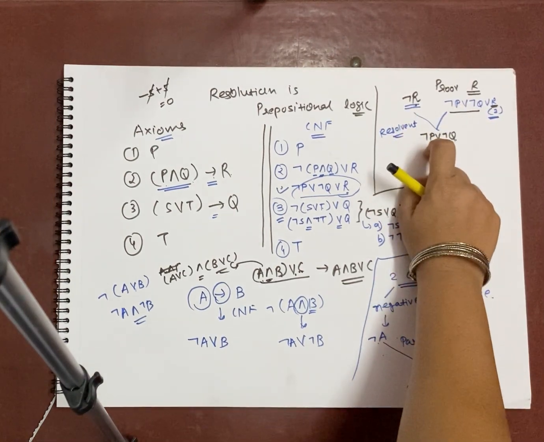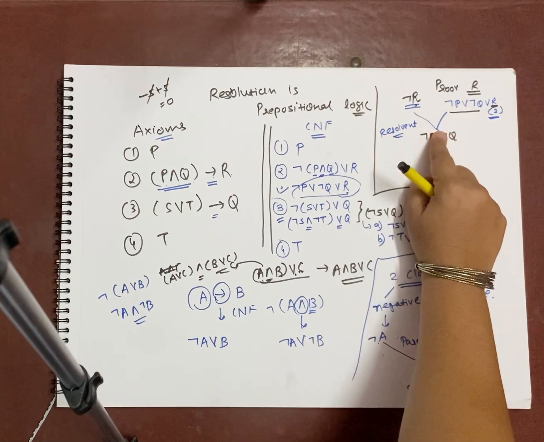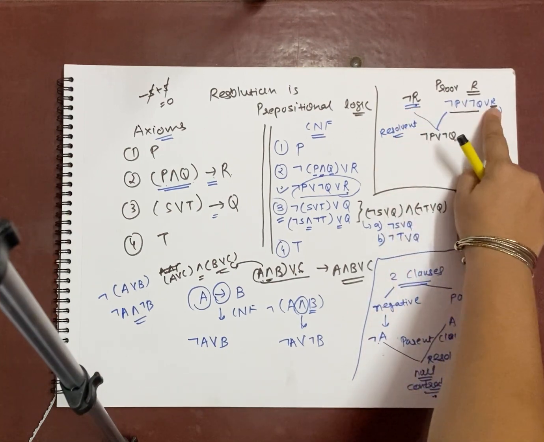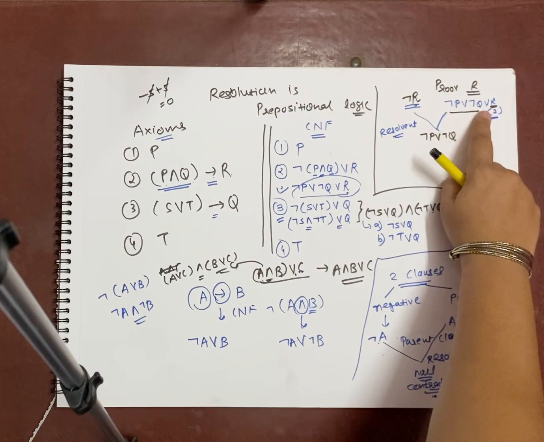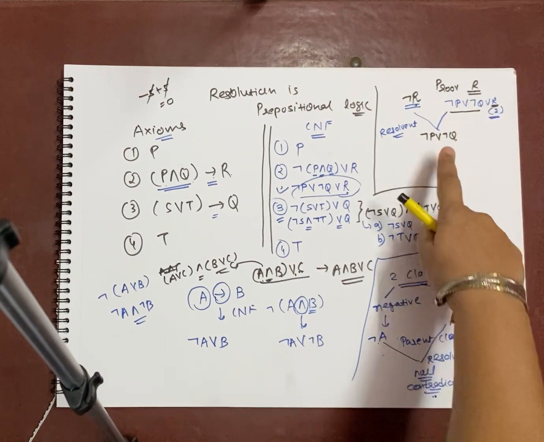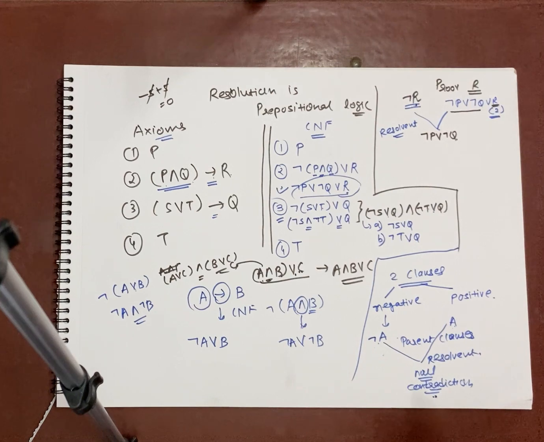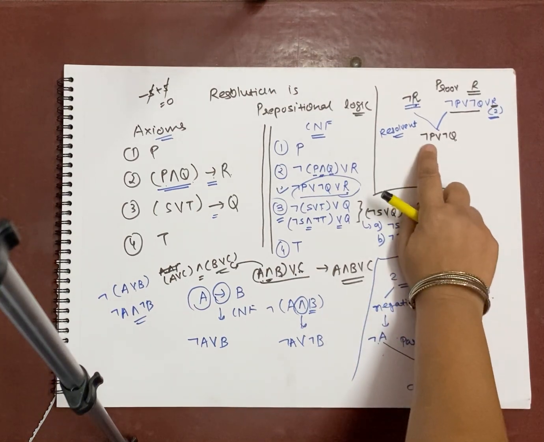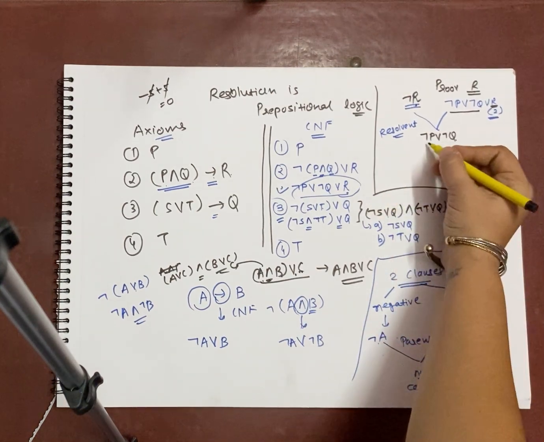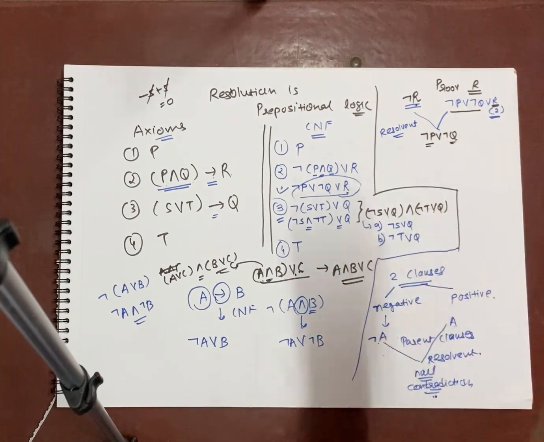Now apply resolution. While resolving them, negated R and positive R are going to be cancelled out. So what is remaining? Not P or not Q. Okay, now once again we have to repeat the algorithm. What we are going to do over here is search, because there are two propositions for which we are going to search for the reverse possibility.